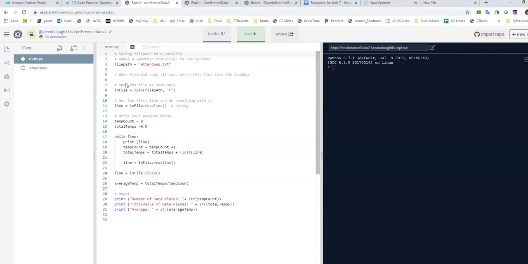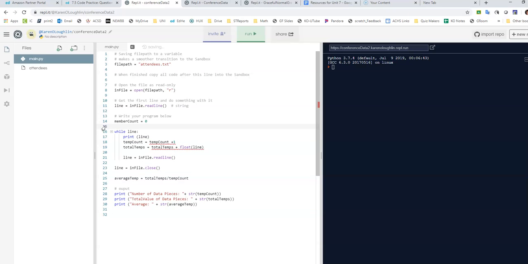I'm going to go back to main, and I want to open the file for reading, and I want to read in each line. I'm not going to be counting temperatures, but I am going to be counting members. And so I'm going to do something like member count to count members. I really don't need to total up, there's nothing there for me to average, and so I just need to keep track of how many members there are somehow. I got to think about that, how I might do that.